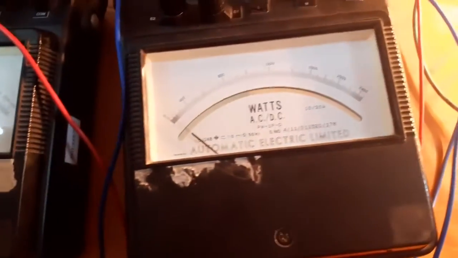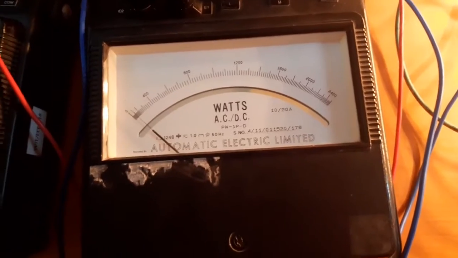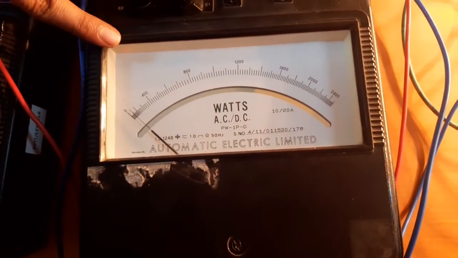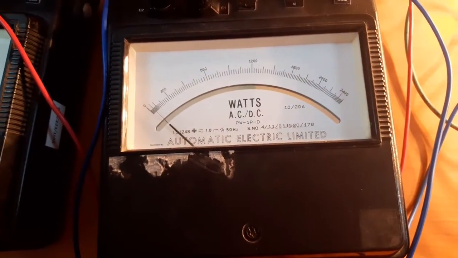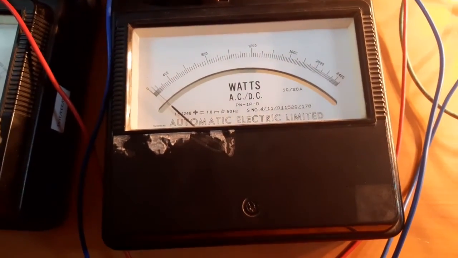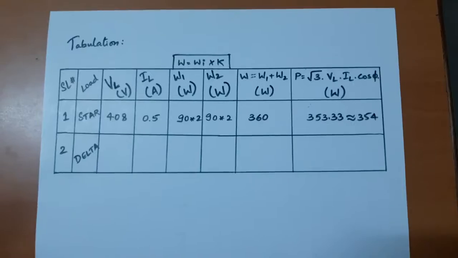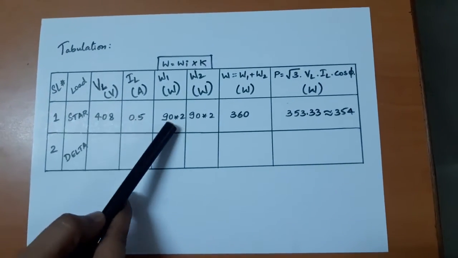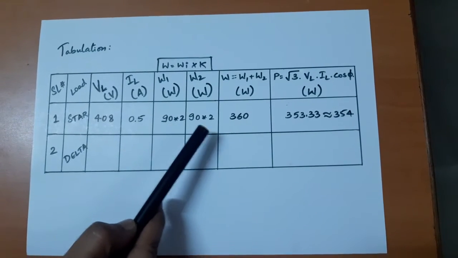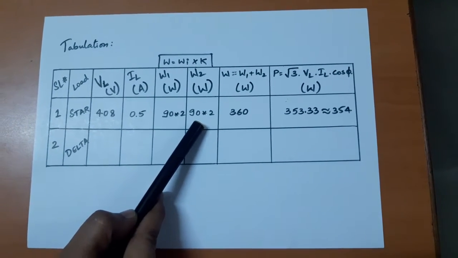Multiplied with its wattmeter constant, we have to tabulate the reading in the tabulation column. Similarly, wattmeter 2 is reading 90 watts, and multiply it with the wattmeter constant and then tabulate in the tabulation column. Let's tabulate the readings now. So after tabulating the readings of VL, IL, W1 including its wattmeter constant and W2 including its wattmeter constant, the